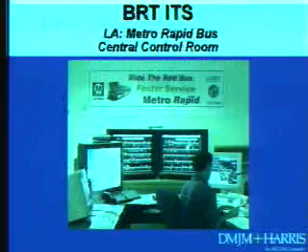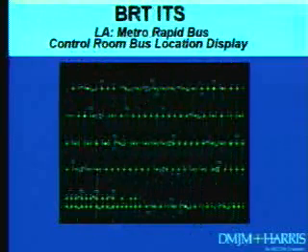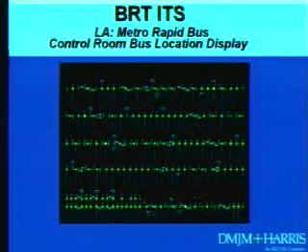Well, this is Los Angeles, and they have this low-tech control room because there's only one line at this point, where they look at that TV screen and see where every bus is between downtown Los Angeles and Santa Monica, and try to keep them spaced out. It depends on the time of day, but let's say every 10 minutes there's a bus. What they're trying to do is have a bus come every 10 minutes, not three buses every 30 minutes, which is what often happens in urban transit systems.